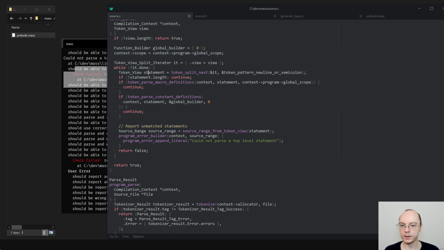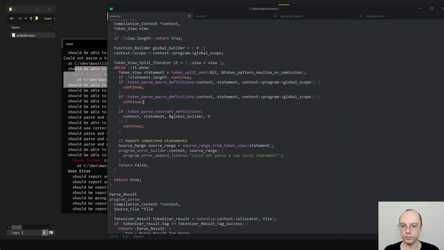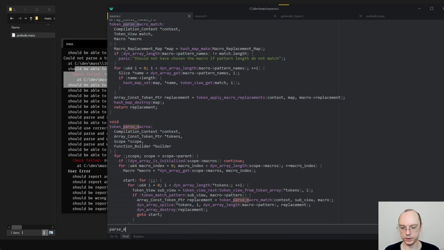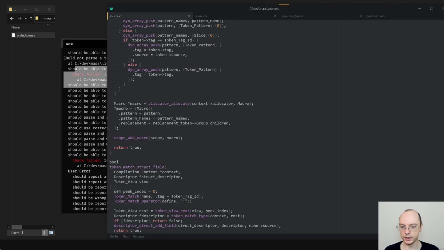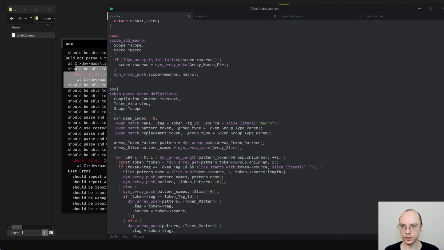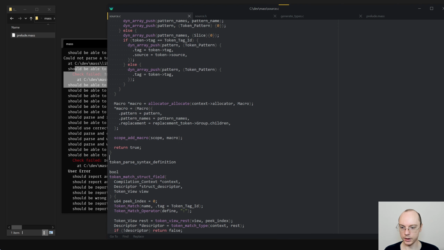Yeah, so it's called token parse, and there is parse macro definitions, constant definitions, and that is that. Okay, so we'll say token parse syntax definition and parse macro definition. So we'll just use this as an example, right? And see how it works out.